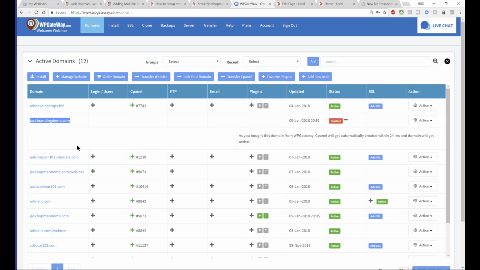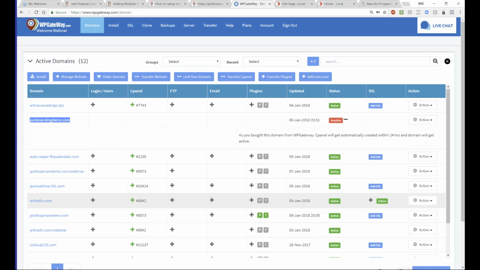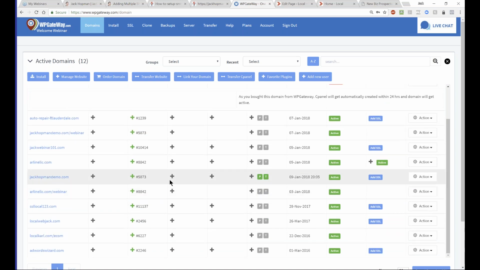The domain is ordered, and once it's propagated, it will create the cPanel automatically. So let's assume that I just ordered Jack Hopman demo, okay? And to make this fair, I will just set up a default WordPress site